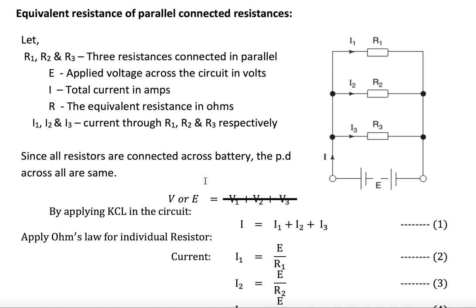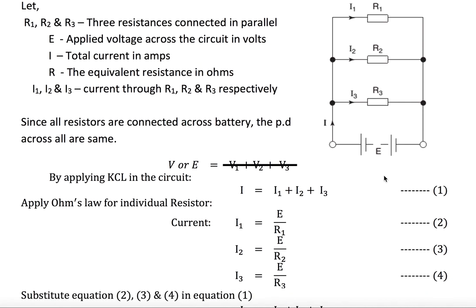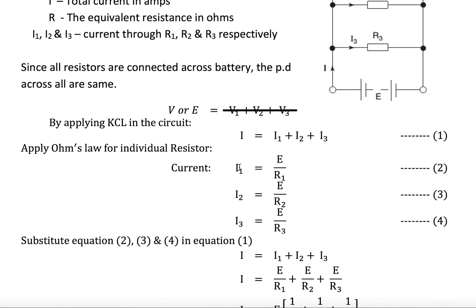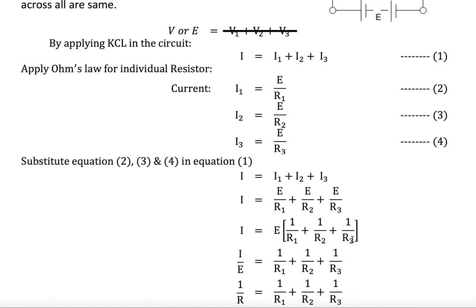By applying KCL at this point, I equals I1 plus I2 plus I3. Current I1, applying Ohm's law, equals E upon R1, I2 equals E upon R2, I3 equals E upon R3. So I equals E upon, if you take E common, 1 by R1 plus 1 by R2 plus 1 by R3. What Ohm's law says is I equals